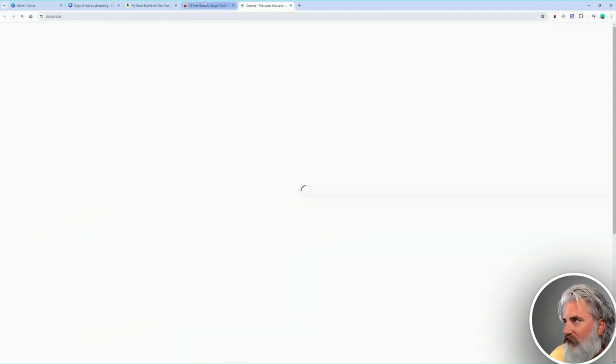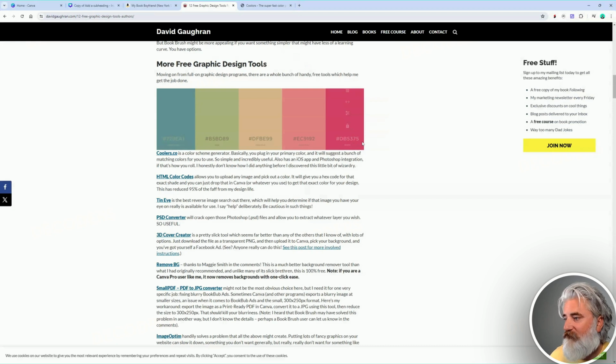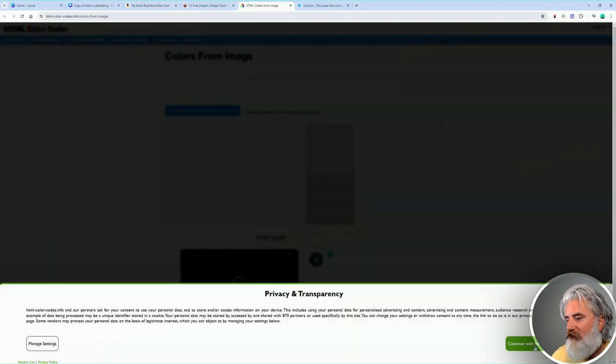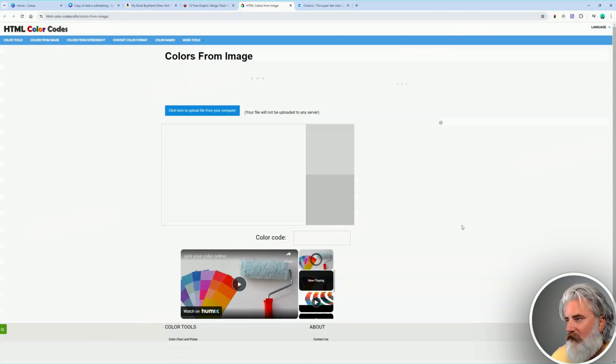This one is super cool. We're going to use that in a minute. It's called Coolers. It's really good for matching colors. If you're like me and you just can't match colors naturally, this will show you how to do it. HTML color codes. That's the one we're going to use now. That's where you can put in any image and